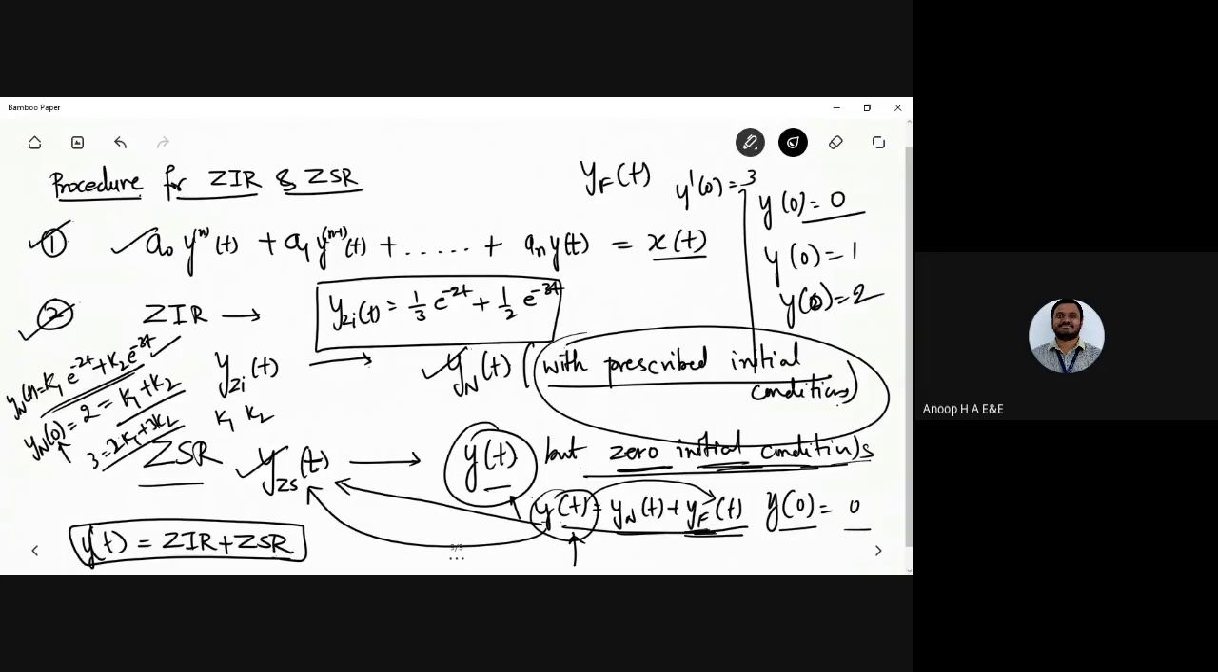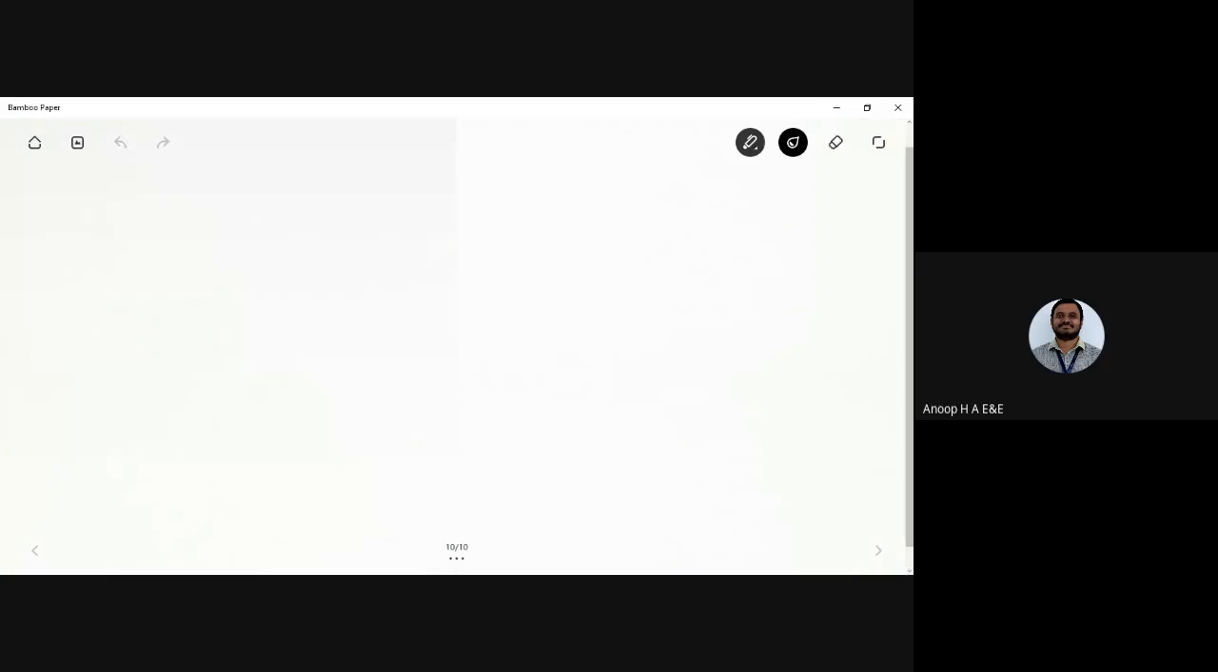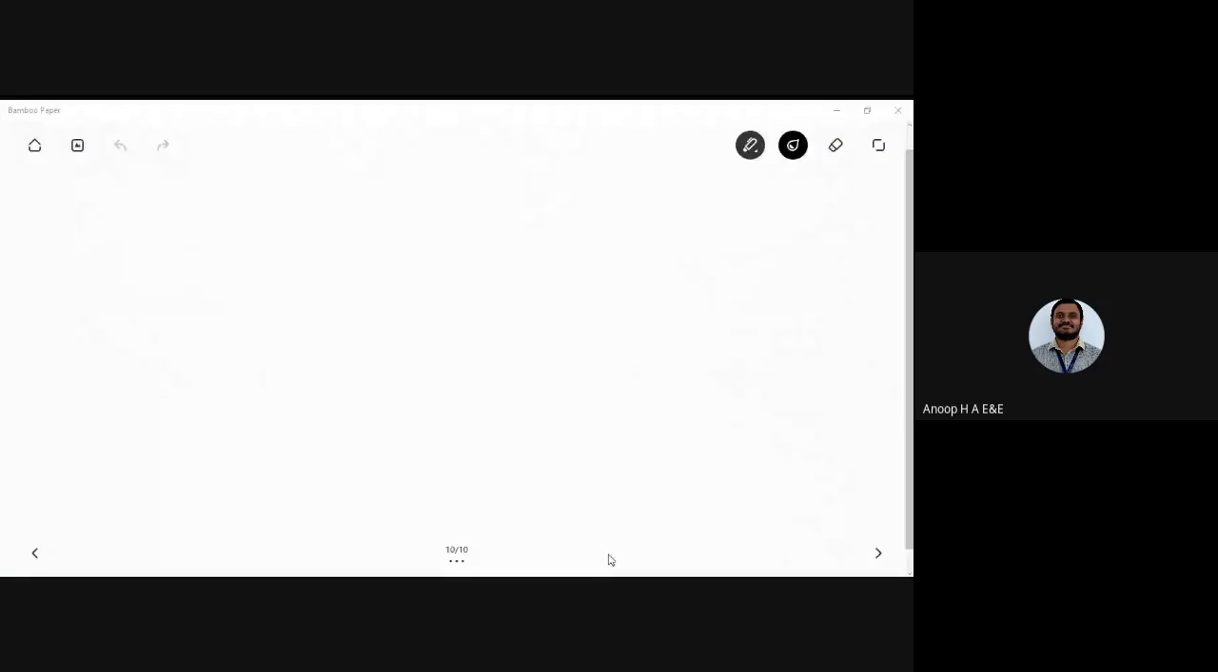After finding ZSR and ZIR, you are going to take the summation of them. That would be the total response of a system, that is the solution, considering the zero input response and zero state response. Let us solve a problem in the next class, or else I'll send you the solution to the given problem. Meanwhile, what I want you to do is make a note of the procedure that is there. So try to solve